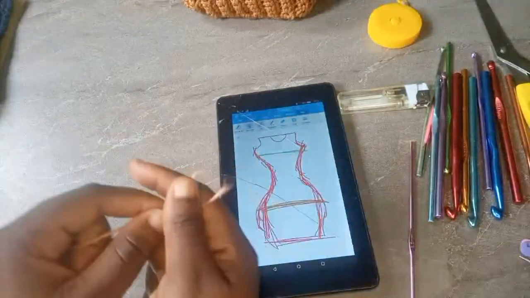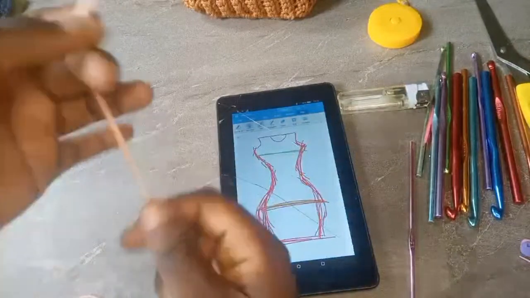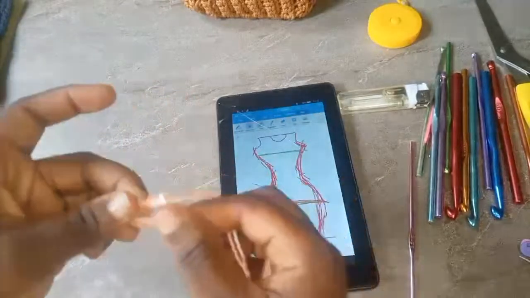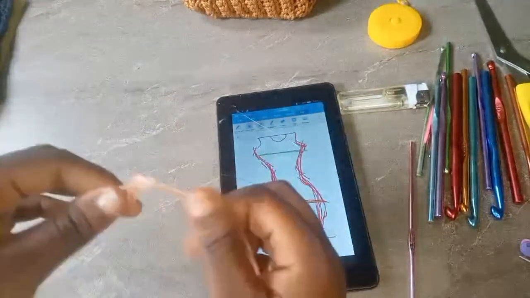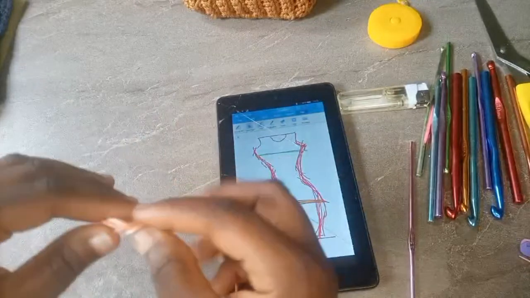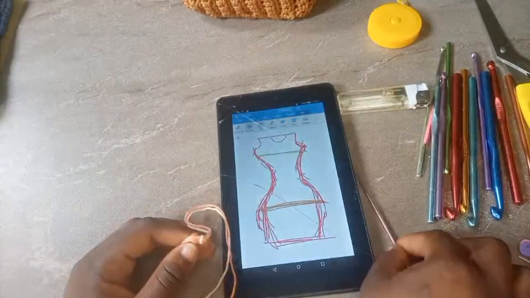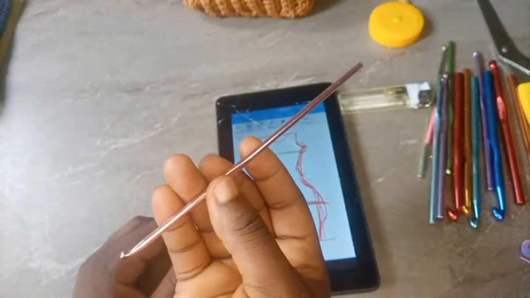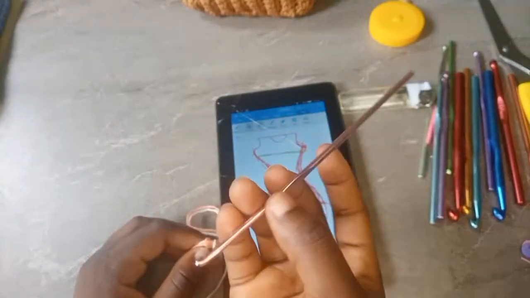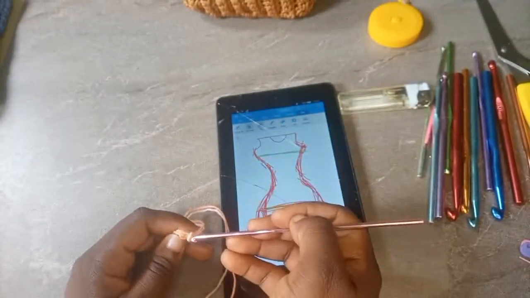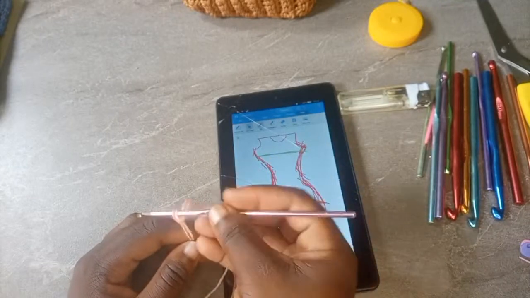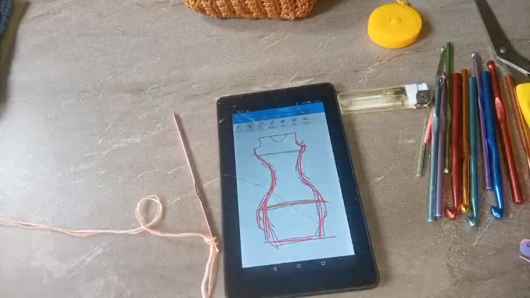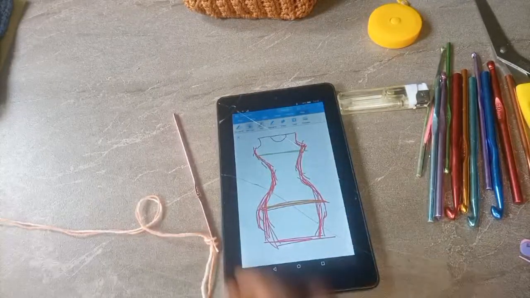Just to understand what we are going to do, we really do not have to make a complete dress before you see what I'm trying to make you see. Okay, so I'm making use of 2 strands of regular yarn, and I'm going to be making use of 3.5 mm. You can go ahead and make use of 4 mm, depending on how loose you want the dress to be. Okay, let me try and bring out a dress that I have. Let's leave that for now.